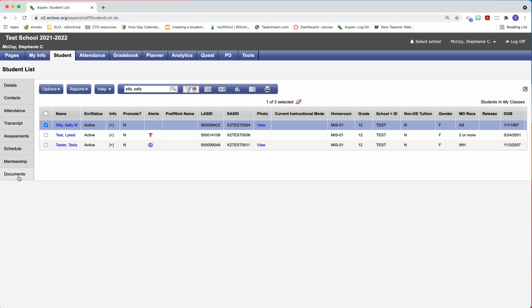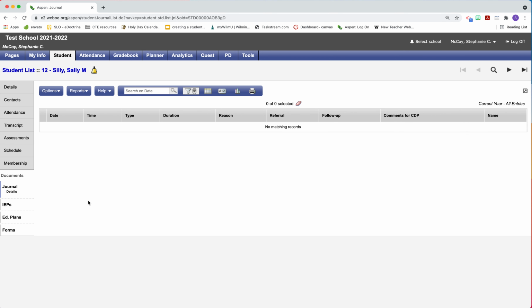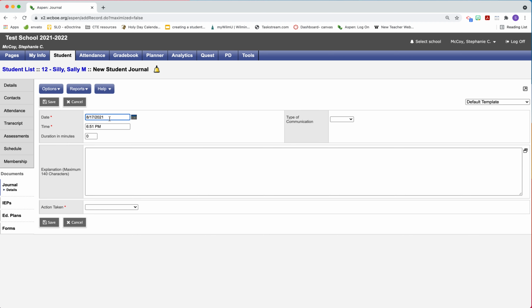The next thing you want to do is go to Documents. Under Documents, this is where you will add information that is available to see for administrators and other teachers. So Silly Sally has had a rough day in class, and I'm going to document that I called home and spoke to mom. So if I go to Options, I can say Add, and today's date and the time, duration